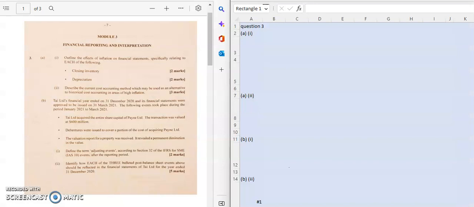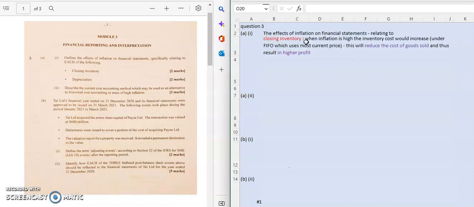All right, so the first question asks us to outline the effects of inflation on financial statements. And they give us two things to talk about, closing inventory and depreciation. So let's start with the closing inventory part of it. And what we do know is that when inflation is high,